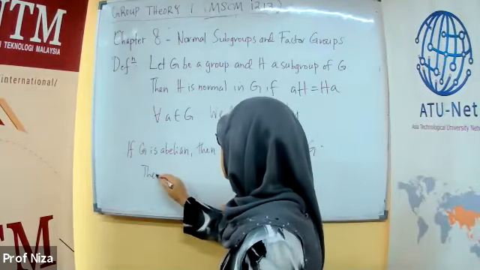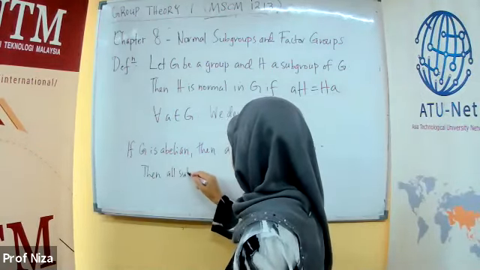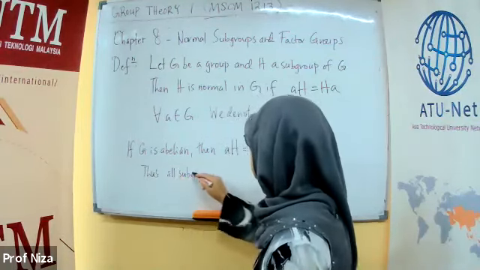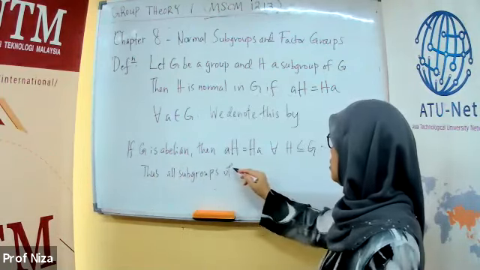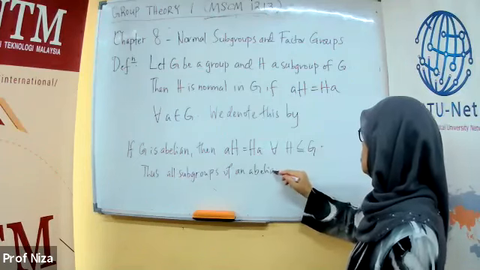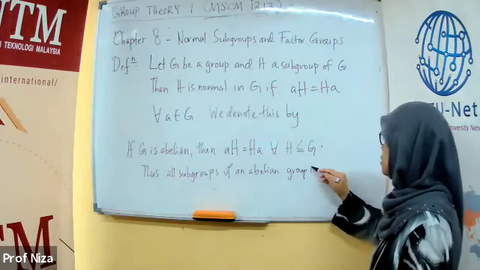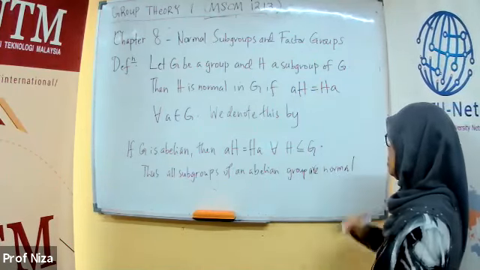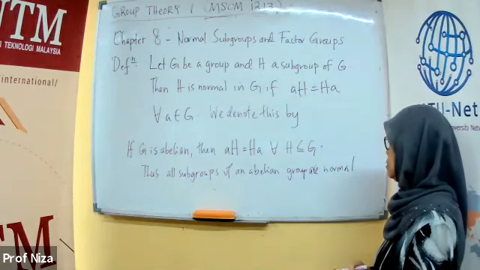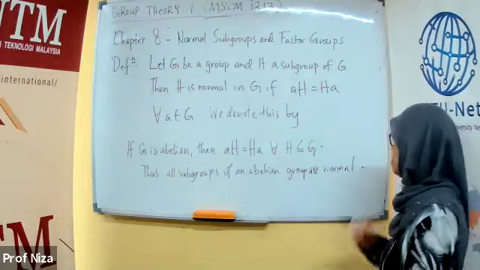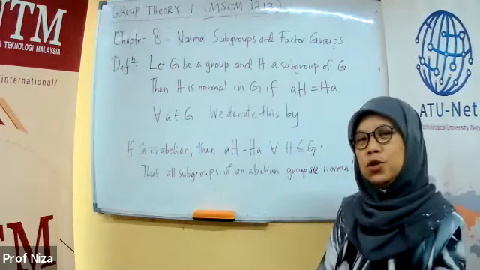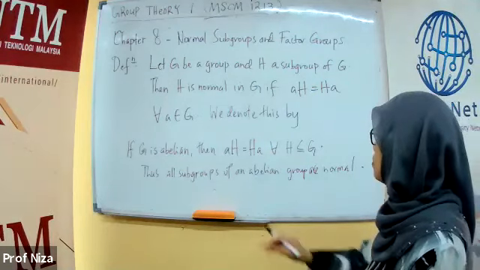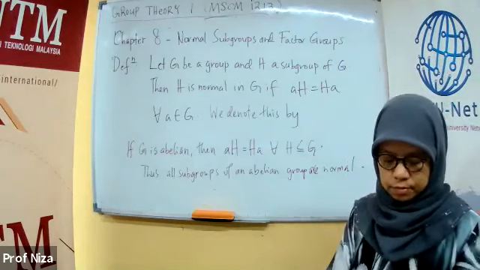Then all subgroups of an abelian group are normal in the group. Okay. So we don't normally check for an abelian group. We check for the non-abelian group. Okay. Now